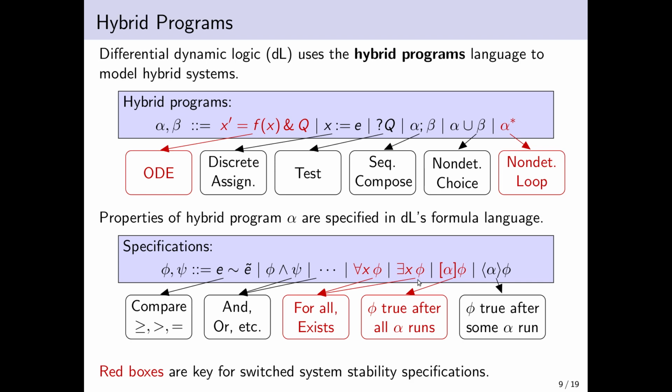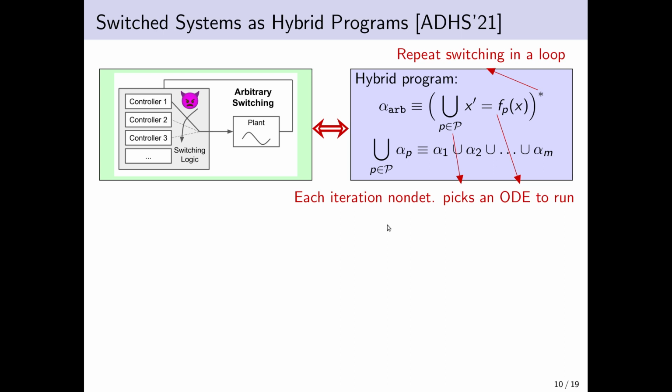Most importantly, for our setting, dynamic logic provides us with the box and diamond modalities, where the box modality says that for all runs of this hybrid program model, alpha, the post-condition phi is true, and the diamond modality says that for some run of this hybrid program alpha, the post-condition phi is true. On this slide, the parts that I've highlighted in red are going to be crucial for us in our stability specification. So, in a previous work published at ADHS last year, we show how switch systems can